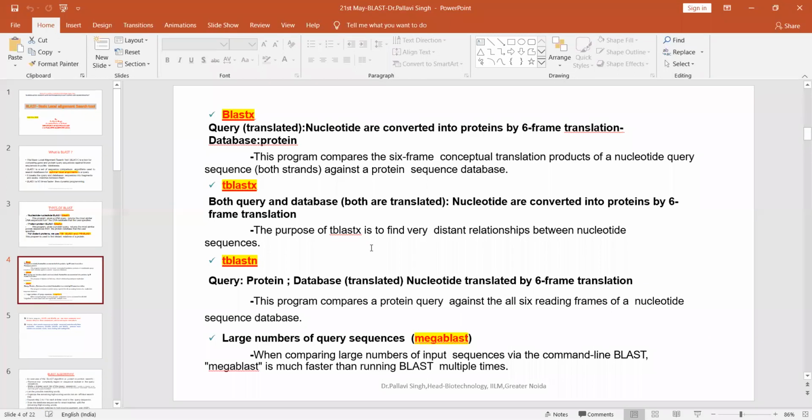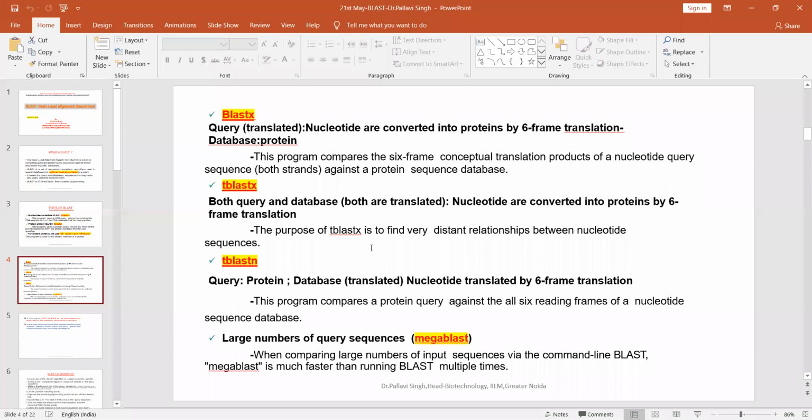It is nucleotide which is translated into proteins. So you need to remember that in BLASTX, my query is translated and the database is protein. But in case of TBLASTN, my query is protein and the database is a nucleotide database which is translated. So this program is basically used to compare a given protein query sequence against all 6 reading frames of a nucleotide sequence database.